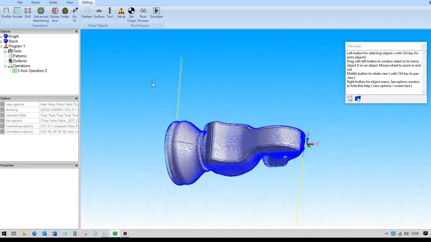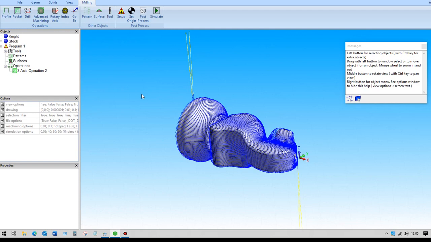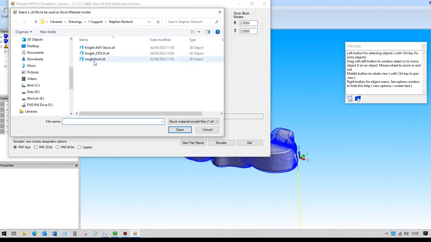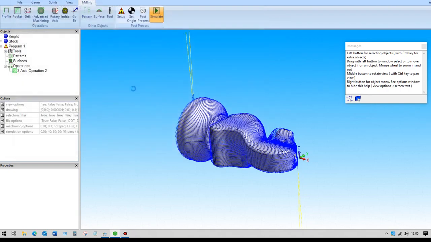Okay, so that's produced the toolpath for that shape. So now we can go into the simulator. So we choose simulate, and we're going to import the stock file that we used as the result of the roughing operation. So if we do that, when we were looking at the very first part, I saved the stock file as rough stock, so I can now open that, and we'll use that as the stock image for the